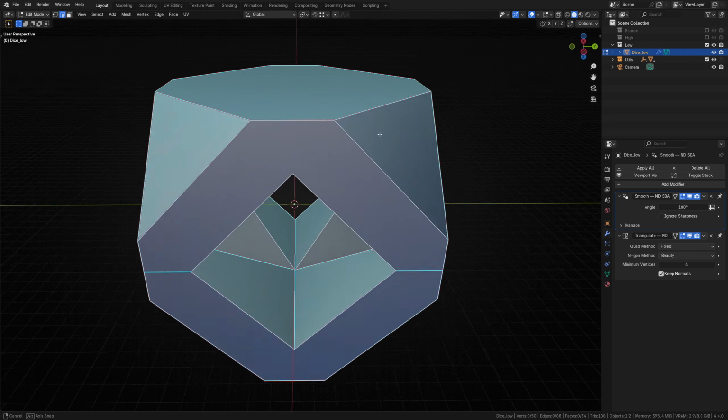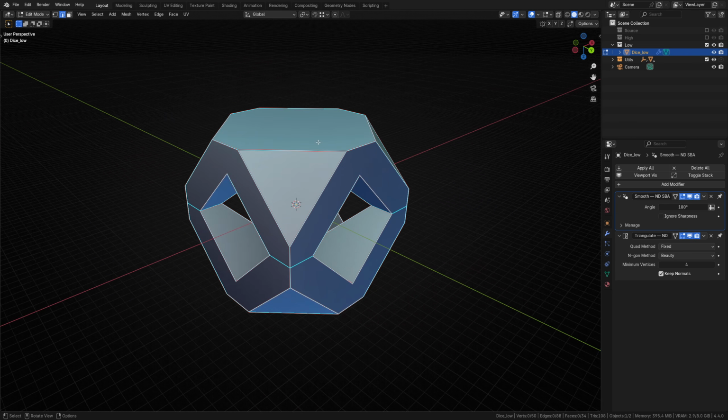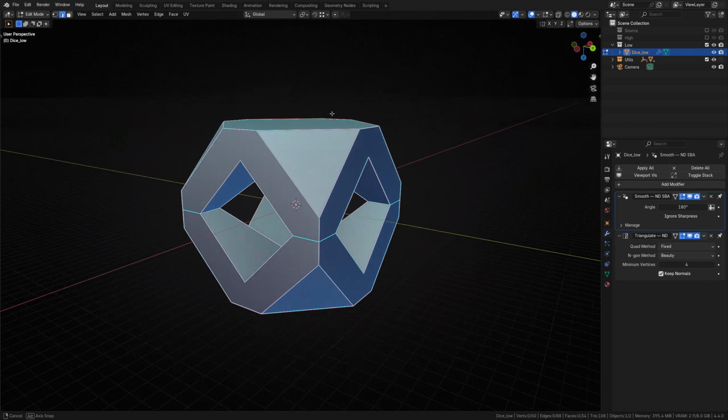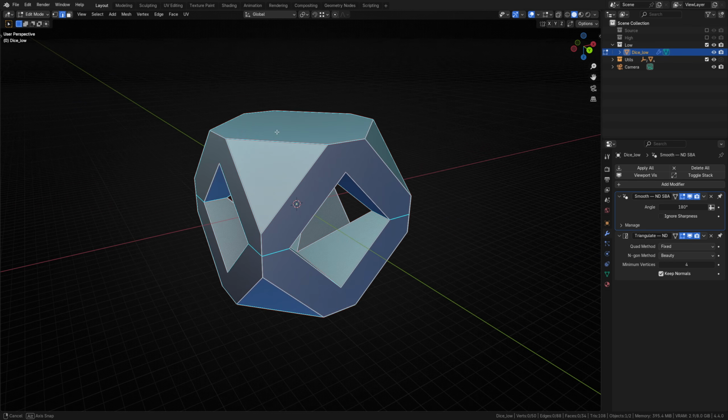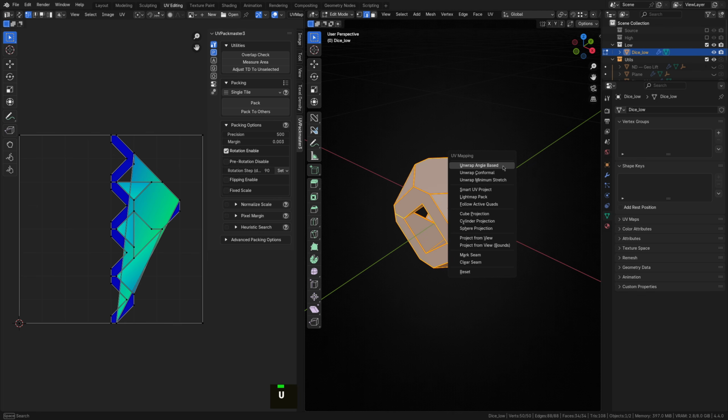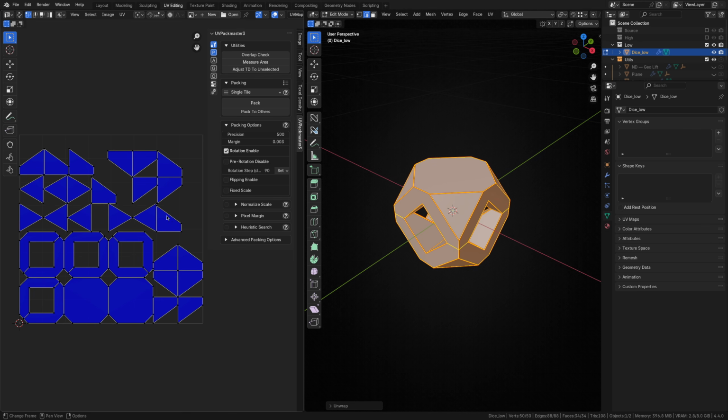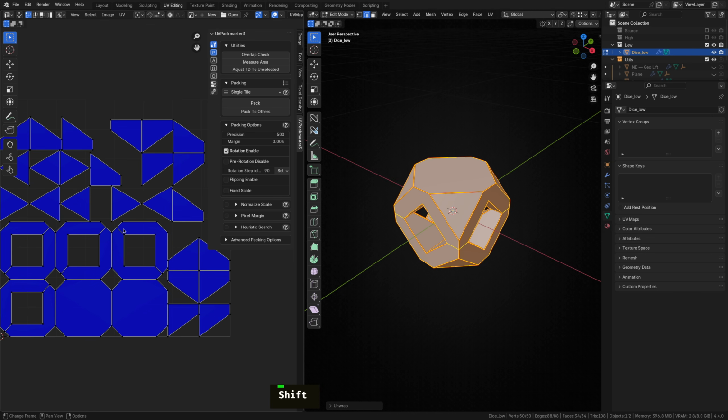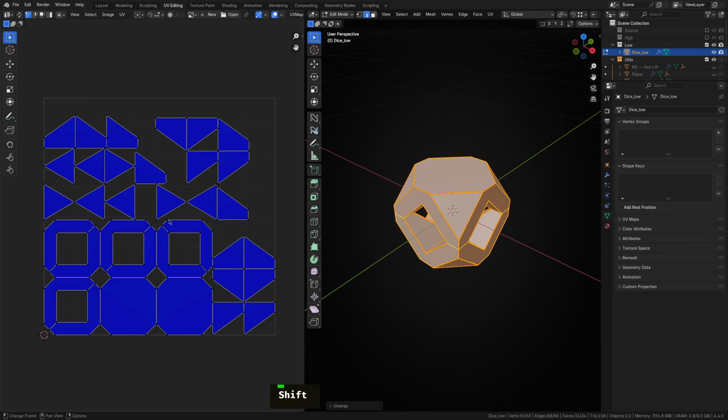Given that this model has no complicated islands likely to cause stretching, this will be sufficient. I could manually define a few extra UV seams in select areas to alleviate the issues if it wasn't. Let's take a look at the unwrap now. If we choose an angle-based unwrap, we can see it's perfect, and no tedious UV unwrapping work was necessary.